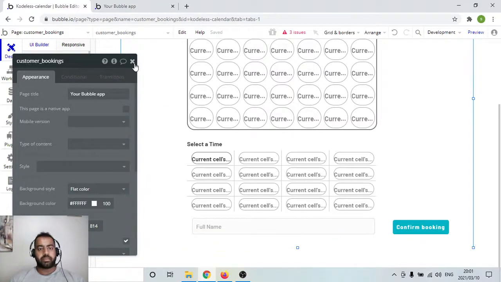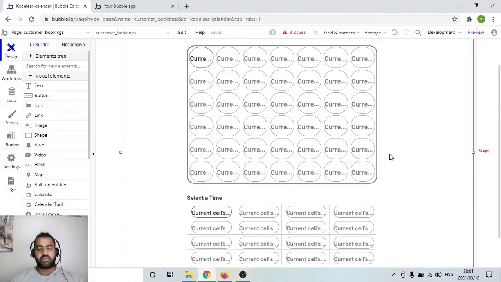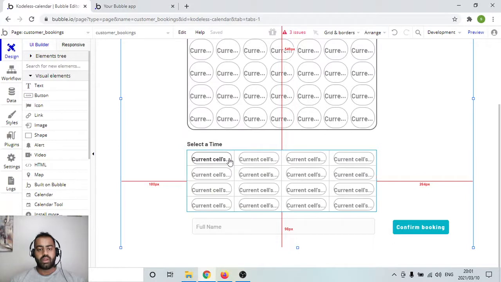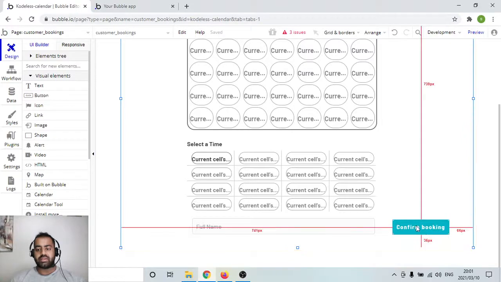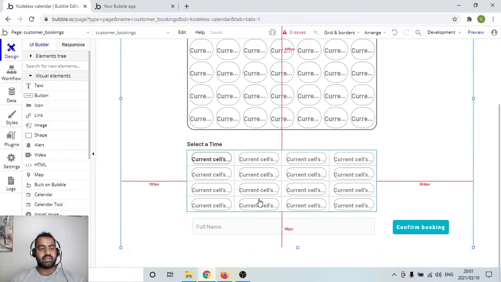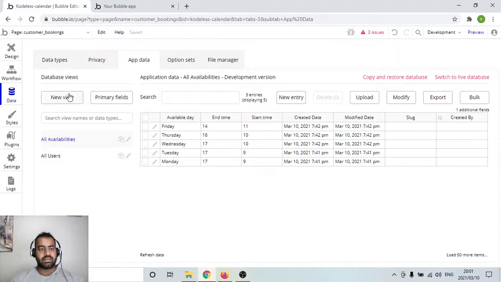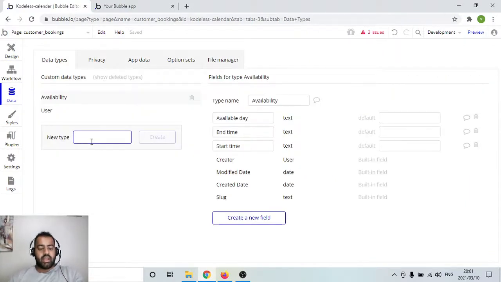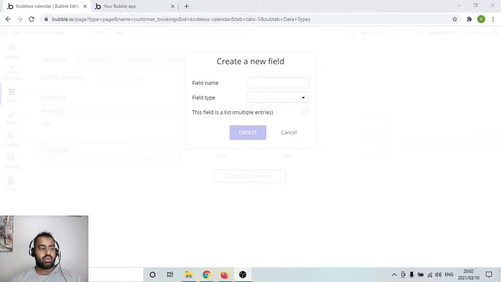Okay, now the customer would be able to come in, click on a day of the week, select an available time, input their name, and then click this button to confirm the booking, and this data should be written to the database. So let's create a database for this, and we can call this bookings, and the fields we would need here would be